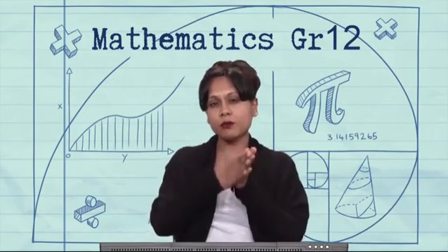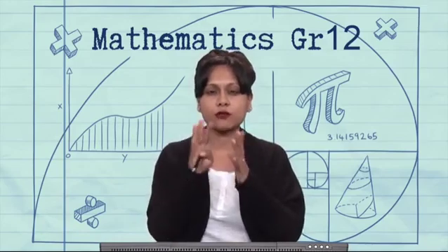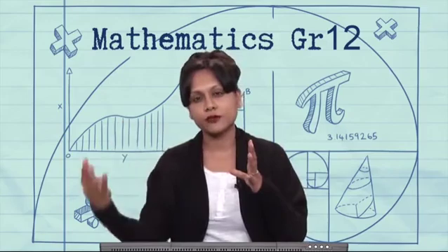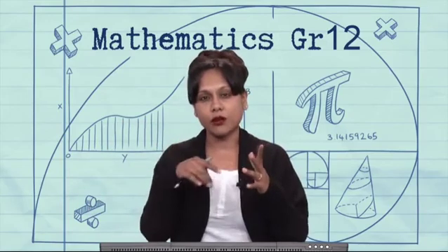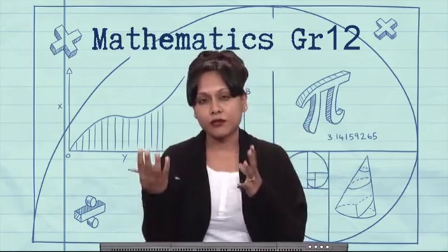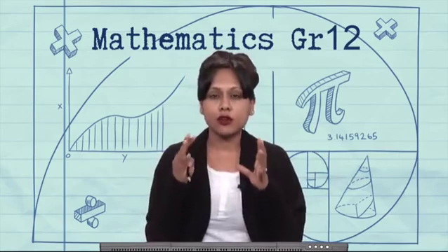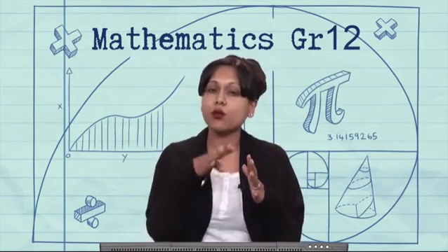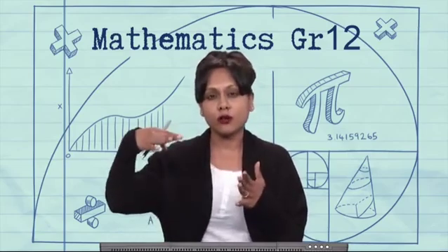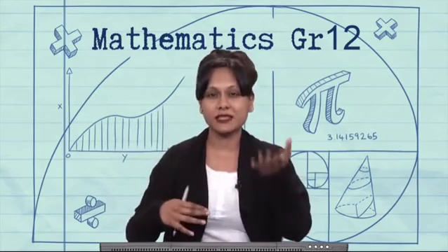The other way is, remember your inverse graph, you're going to swap the x and the y values around, which means that your domain of the original becomes the range of the inverse, and then the other way around. The range of the original graph becomes the domain of the inverse graph. So what you can do is, you know that in your exponential graph your y-intercept is 1, and in your log graph, instead of it now being the y-intercept that is 1, you would get the x-intercept is